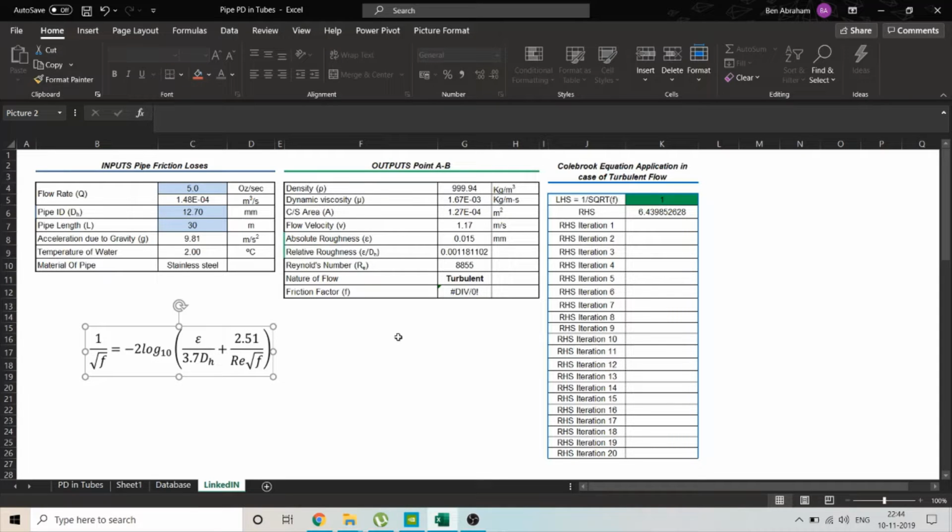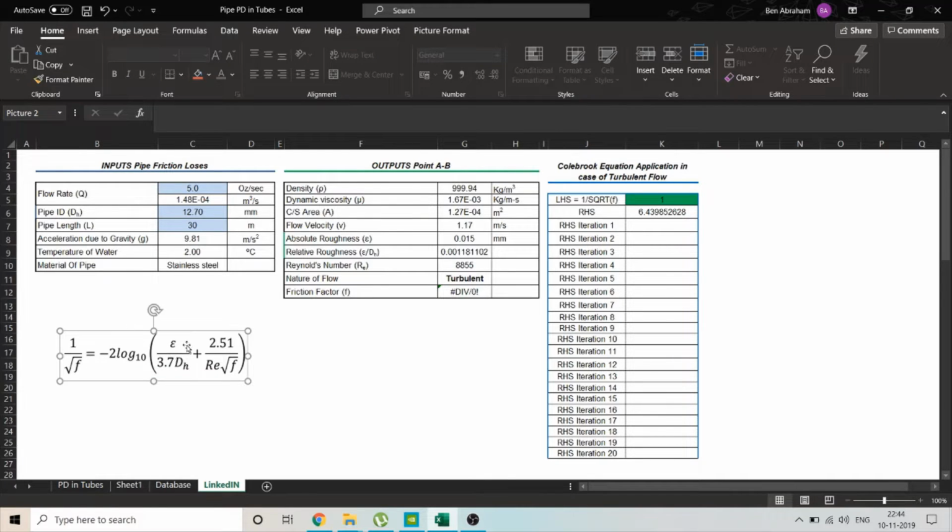The friction factor is extremely important as it's a dimensionless quantity that helps us determine the effect of friction on fluid flow, especially during flow through a conduit or pipe in the turbulent regime. The Colebrook equation is mostly applicable to the turbulent regime, that is, a Reynolds number greater than 4000. I've used this multiple times in applications such as sizing pumps and line sizing